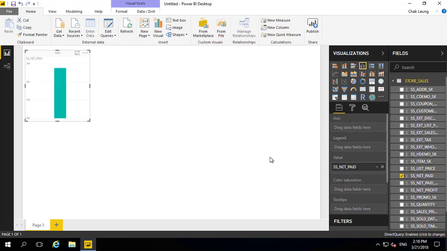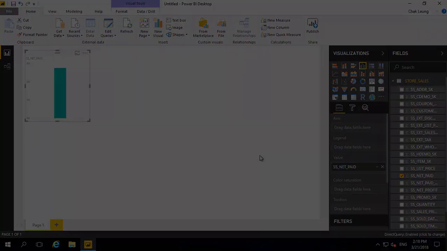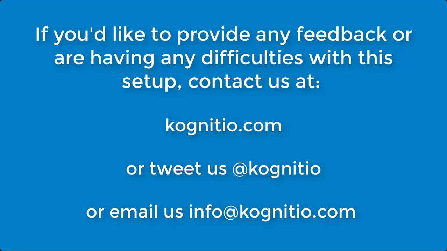And in a few seconds, the bar chart has appeared, showing us the SSNet paid, and that confirms that the connector is working. If you'd like to provide any feedback or are having any